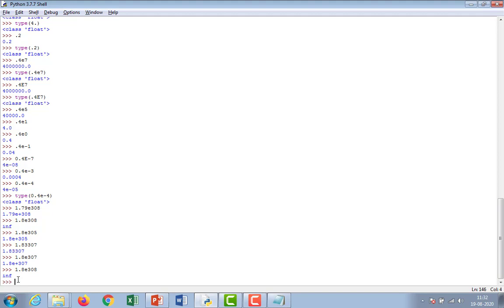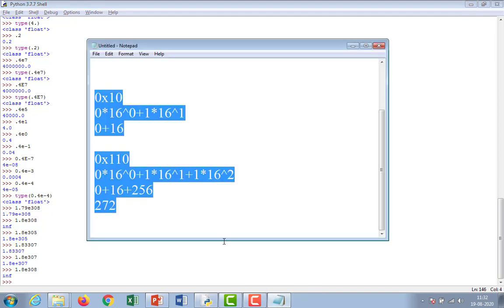Now coming to complex numbers. Complex numbers are specified as real part and imaginary part.